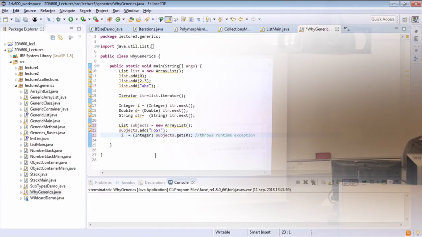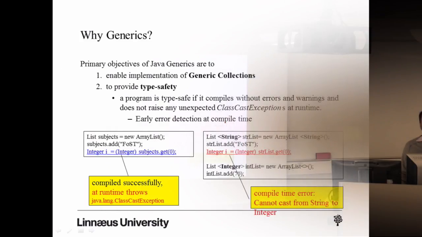So you have to take care of this by yourself. But if you use the generic feature, a generic list, instead of this non-generic collection, then when we try to do this kind of thing, the compiler will complain. We will see how. So, for example, if we go to the same thing again,